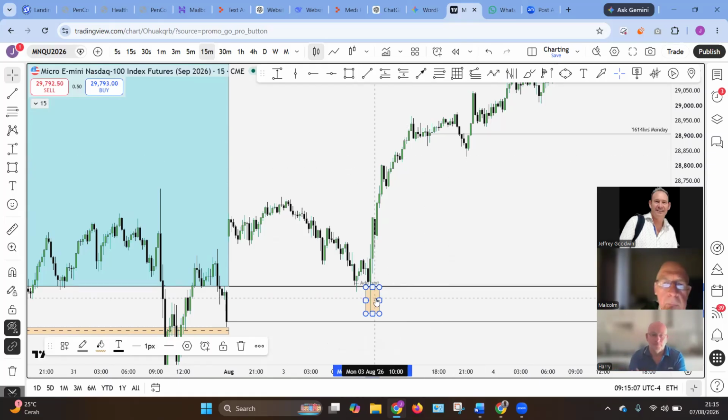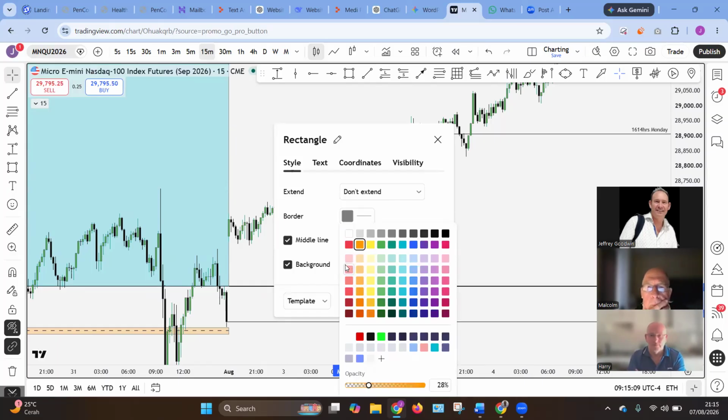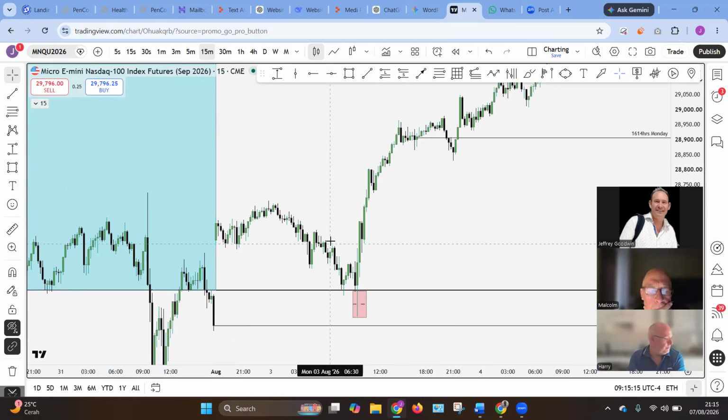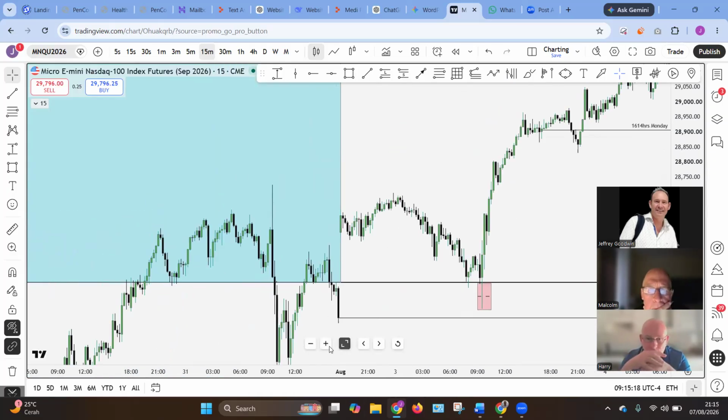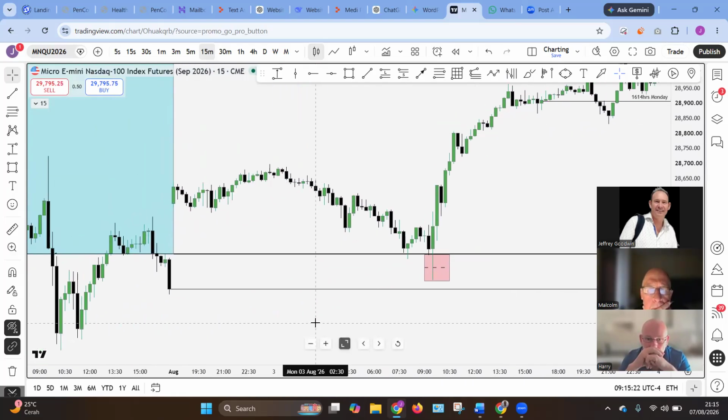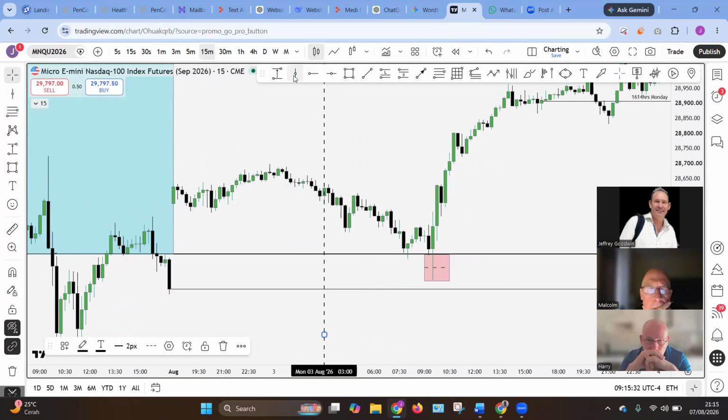I'll just make that below there, and I want to move this one because we dealt with that one. Let's go to 2:30. Sorry, between 3 and 4. I know I'm on the 15-minute for a minute, I'll jump back up in a minute. I typically see we have a trade between 3 and 4.